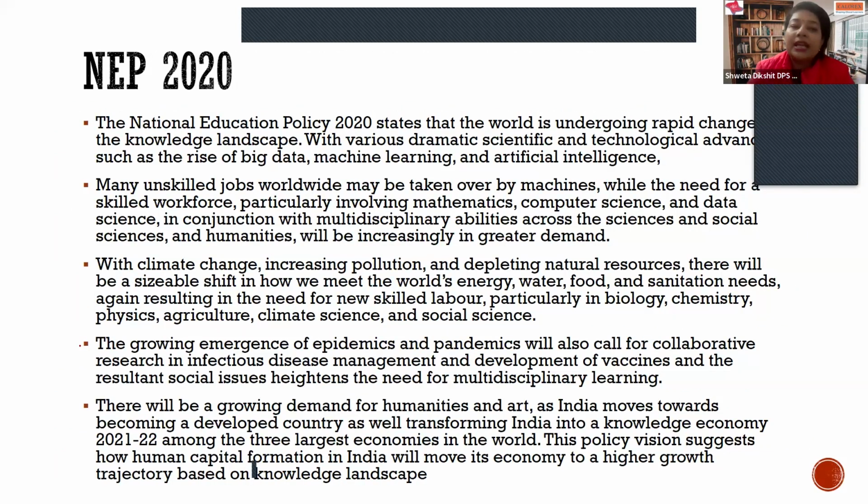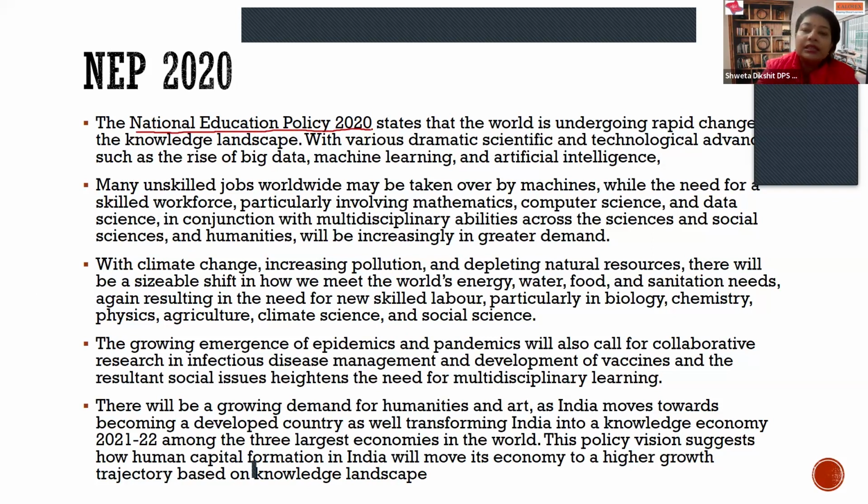Now, there's a new topic which has been added in NCERT. Earlier, it was not there. It has been replaced with the old topic. I would not talk about the old topic, only about the NEP. NEP here stands for National Education Policy. As you can see on your screen, National Education Policy. National Education Policy was proposed in the year 2020 and it is in the process of being implemented.